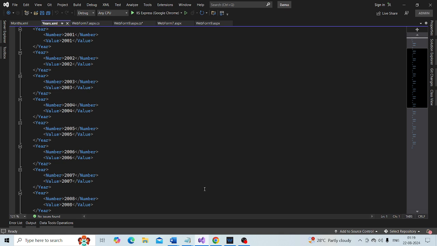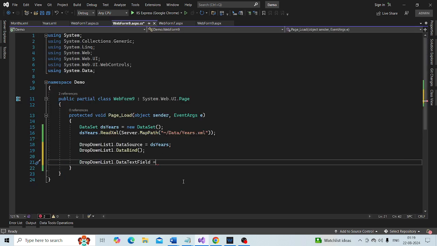And similarly, we also need to specify the data value field. So I will say number here.